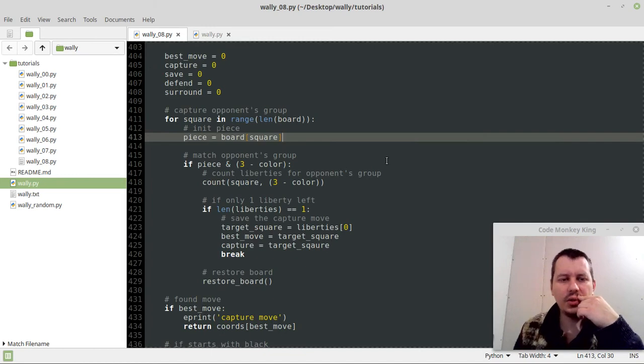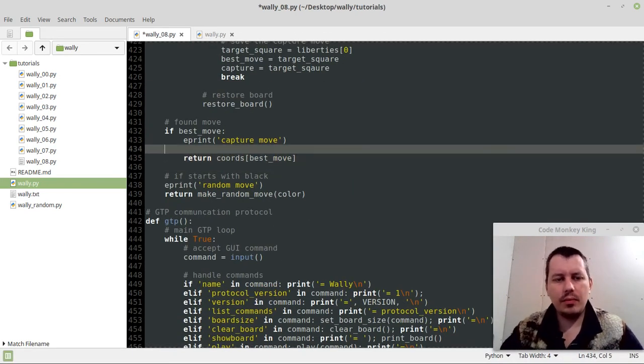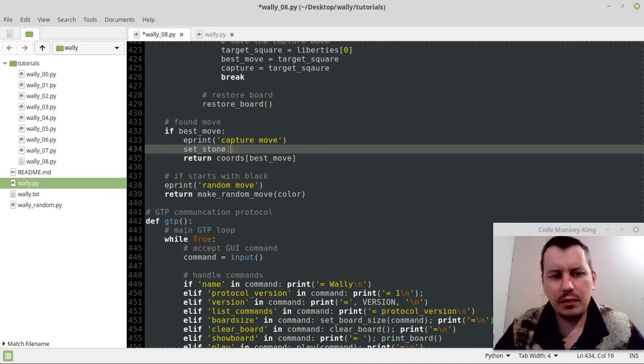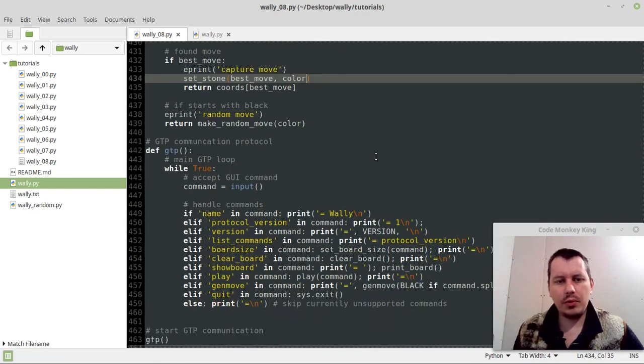We also need to make sure that we put the stone on board. Yeah, here we obviously need to set the stone. We're not testing for legality for now, so just set the best move and the color just to make sure that it gets synchronized with the board. So in this case, we have the capture move,